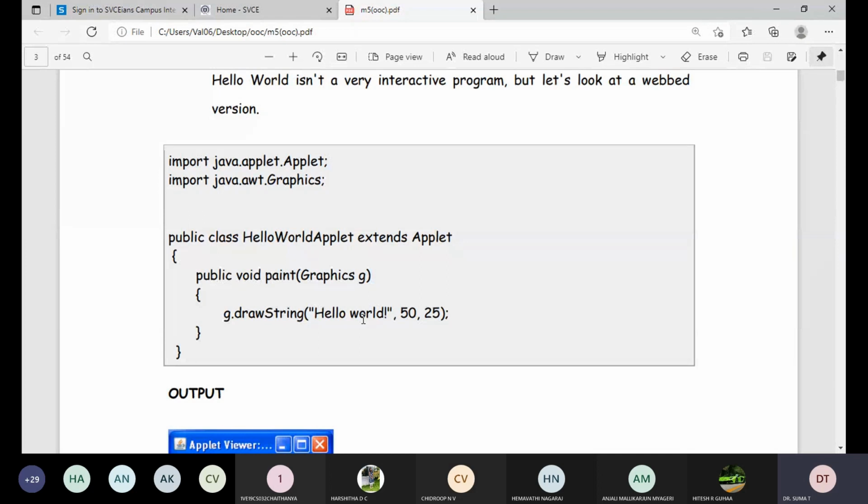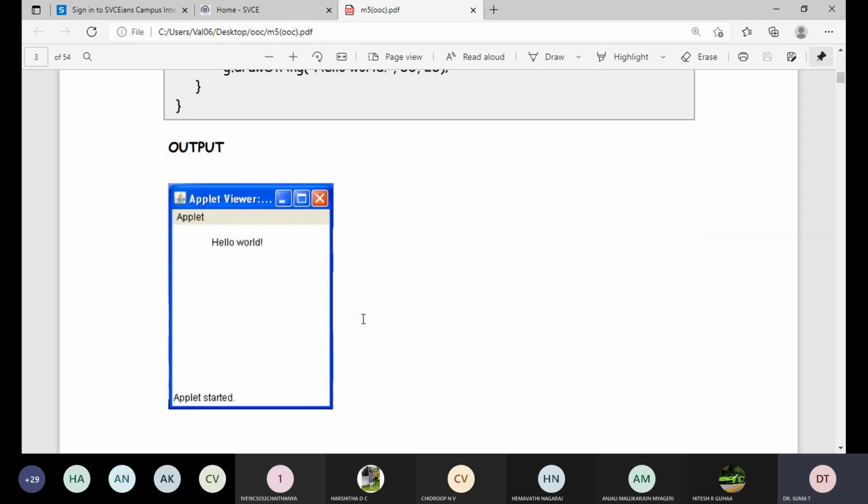See, we are not giving what we used to use in previous languages. We used to use output statements like println, print, or cout in C++ and printf in C language. But here in Java, we have written a tiny applet program which is going to display the message "Hello World" with the x and y coordinates, right? And the output will be in this format: appletviewer HelloWorldApplet.